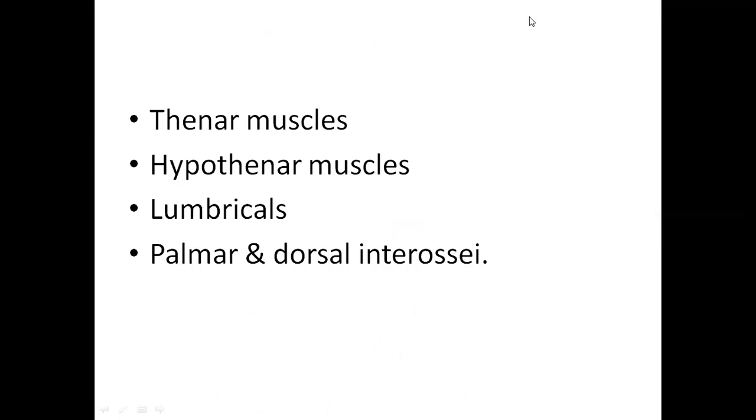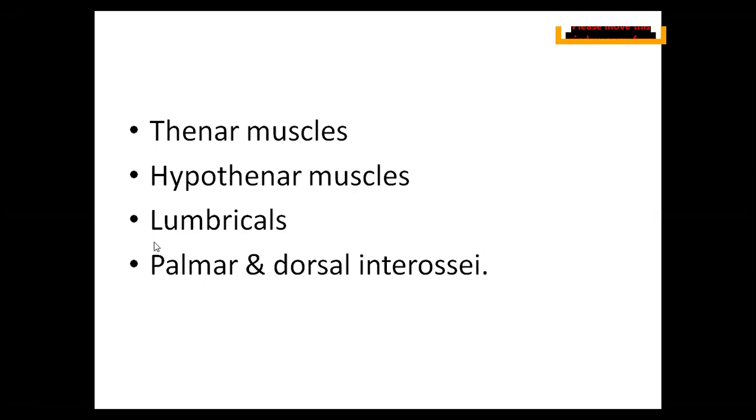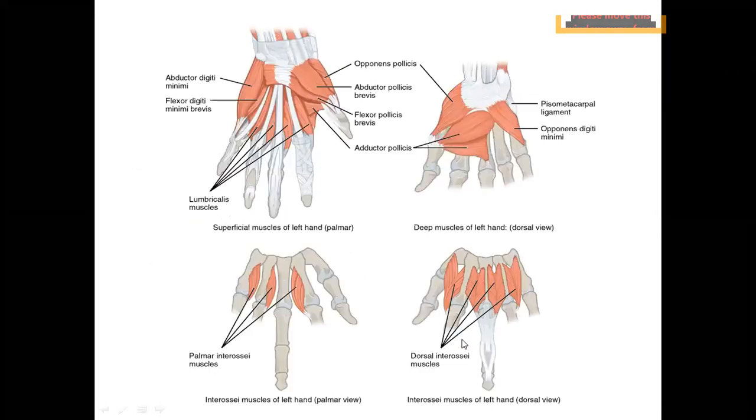I told you two terms with the help of pictures. Again, let me show you in my hand. See, this is my palm, right? Towards the thumb, whatever elevation you are finding, this is the thenar eminence, thumb and thenar. Whereas towards the little finger, whatever eminence we find is the hypothenar. So we have thenar muscles and hypothenar muscles. And of course, I will show you the lumbricals, palmar and dorsal interossei. We will discuss in detail now.